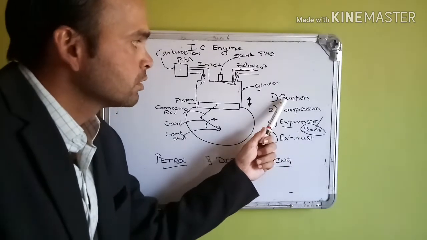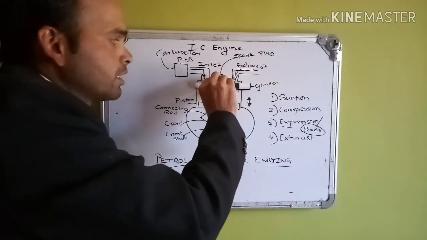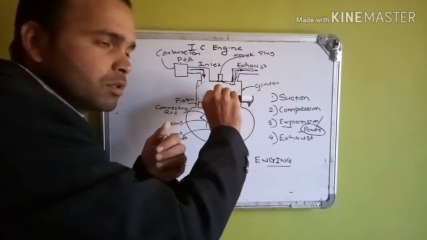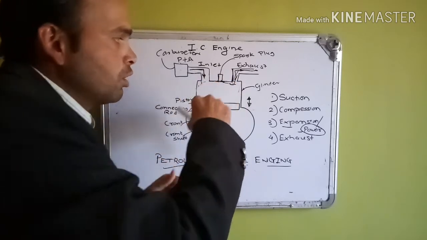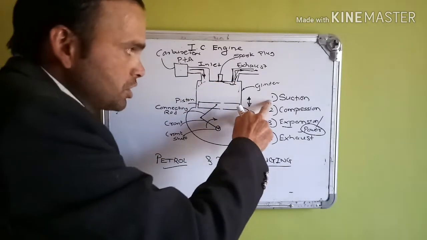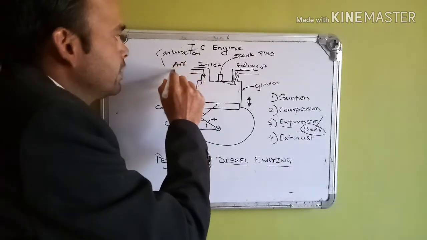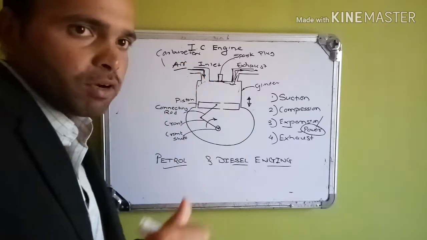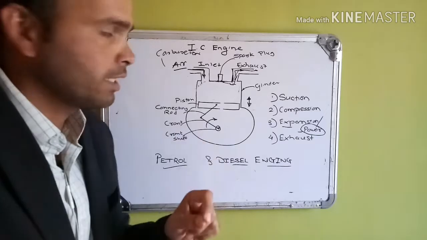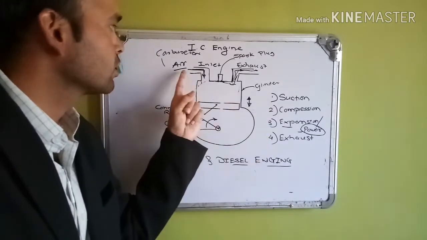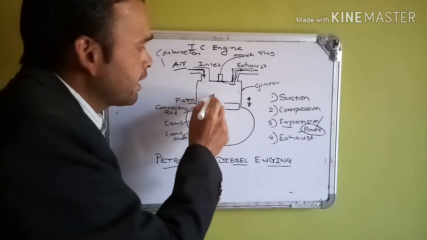During diesel engine, for first stroke, suction stroke, piston will be at top dead center. Through kick or through external starter, piston is allowed to reciprocate in the downward direction to create the suction. And during suction stroke, only air is supplied through inlet valve. So in case of petrol engine, it was petrol plus air. In case of diesel engine, during suction stroke, only air is supplied inside the engine,